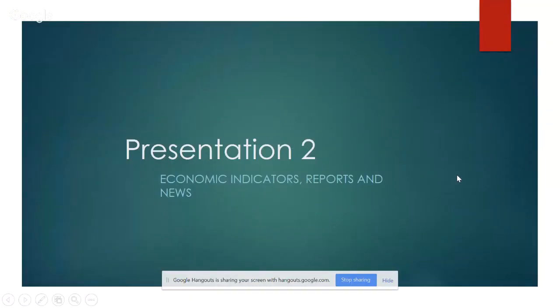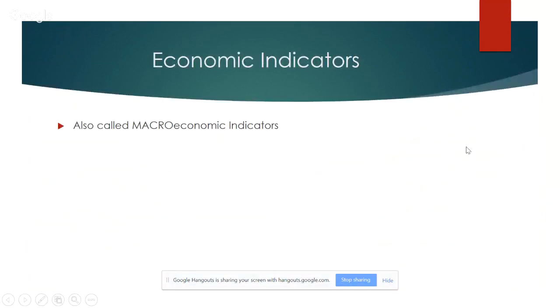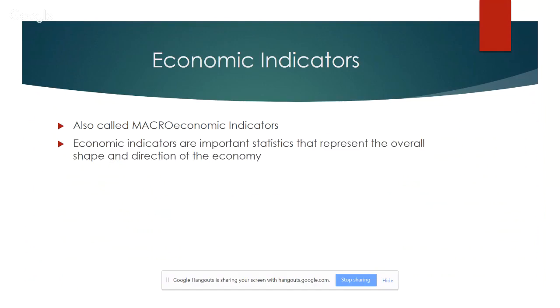So today we're going to get into some economic indicators, reports, in the news. Remember, guys, like I said, fundamental analysis is using economic indicators and news reports to gauge what you think will happen in various currency markets. So the first thing we're going to get into is a list of economic indicators. You're going to hear me say this a lot: an economic indicator, or macroeconomic indicator as the long term for it, is basically important statistics that represent the overall shape and direction of the